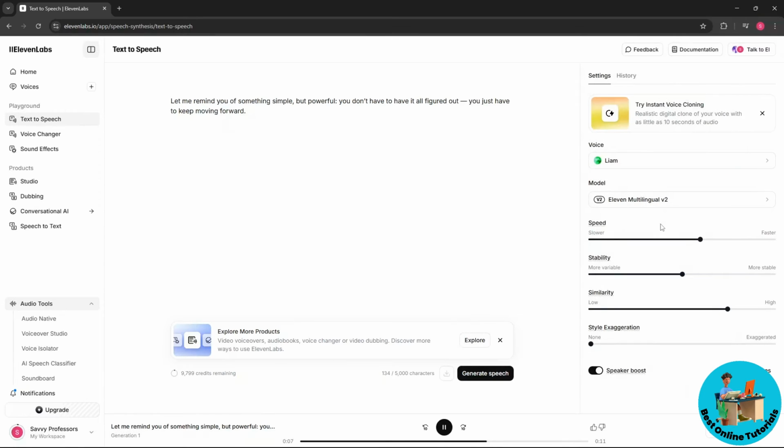And after that guys, as you can see, you could adjust the speed, you could adjust the stability and the similarity as well. So from here, you could also speaker boost it. So make sure that this is turned on. So first I'm going to adjust the stability and reduce the speed a little bit and have a style exaggeration and select generate speech. Adjusting the style exaggeration to 10% and adjusting these will make your voice or output sound